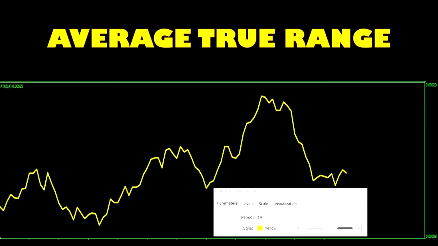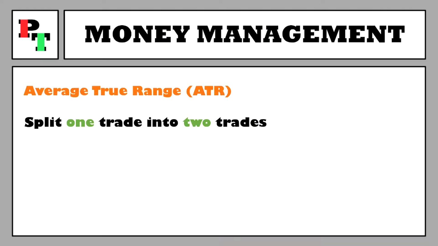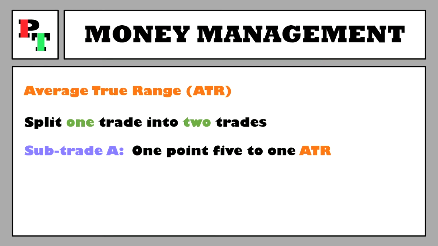There it is, the default input for us here, 14 periods. So it's looking back at the last 14 periods of price and averaging out the range of those periods. Once we've got our ATR value, when we enter the trade, it will split our one trade signal into 2 sub-trades. Sub-trade A will be 1.5 times ATR distance to the stop loss and 1 times ATR distance to the